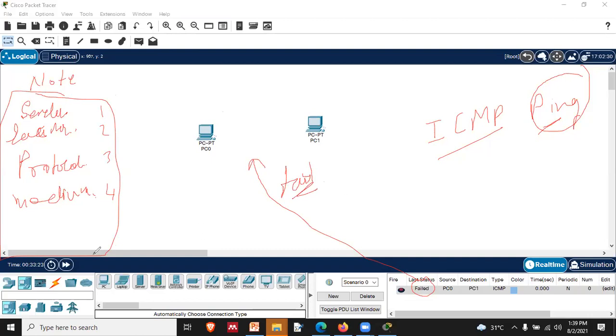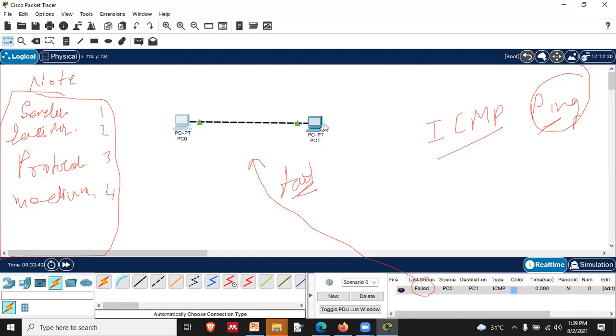So what we need to do is go to these connections. You can see there is an option available to us known as connections, and in that option we will connect through one wire between this PC0 and PC1. Immediately, once this was done, you can see the red bubbles turn into green, right? It is basically telling us that the setup is correct.